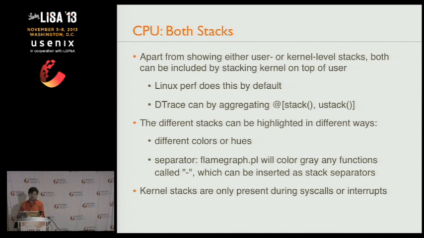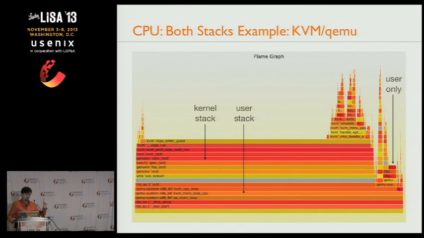You can do both stacks at the same time. So previous examples so far in this talk, I've shown either user stack backtraces or kernel stacks, flame graphs. And how you can do it is you can stack them, kernel on top of user. And as an example, this shows KVM QEMU. And I've separated the stack traces with a gray delimiter. But the top stack trace is the kernel stack, and the bottom one is the user stack. And so now when you're CPU profiling, you can see if I'm hot in user mode, my application, and if I go into the kernel and start doing a lot of work, I can see that that's hot too. So fantastic.